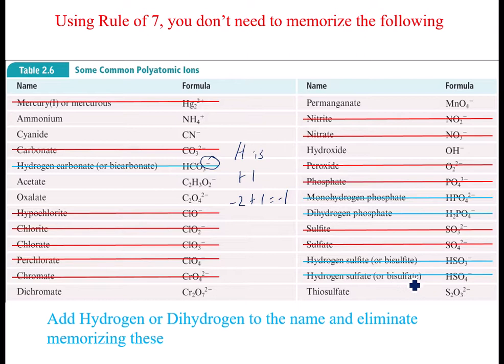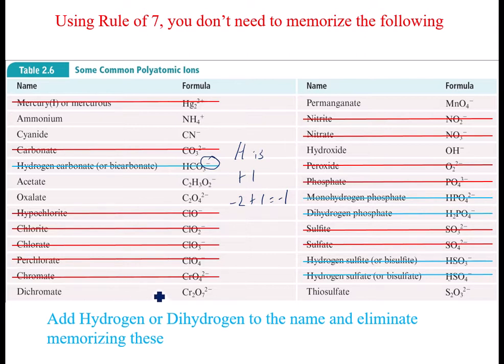Or hydrogen sulfate, take this one and add a hydrogen to it. It goes from being a 2- to a 1-. So now, basically what I'm left with memorizing is ammonium, cyanide, acetate, oxalate,